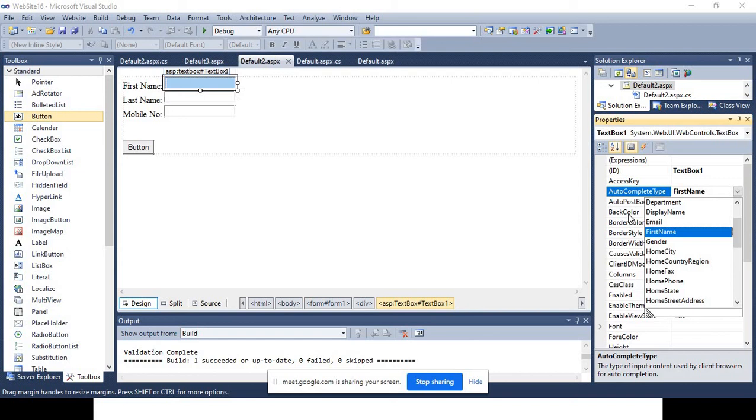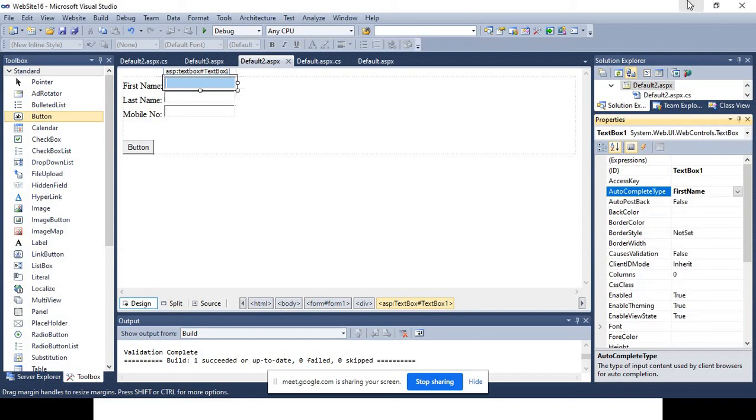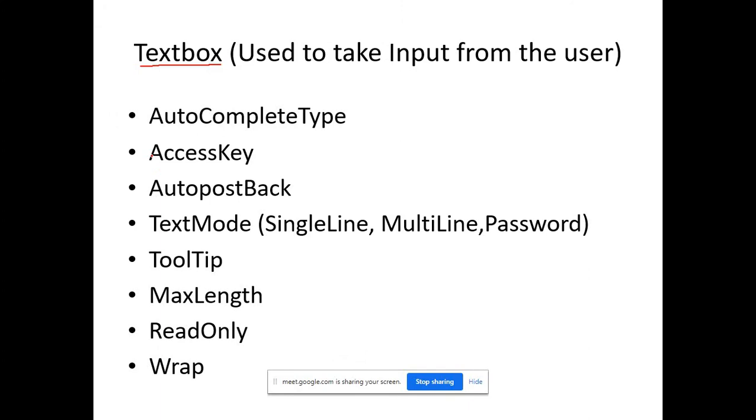Then you go to the second page, and in the second page again the text box should have the same class. Then if you type a first letter, the suggestions will appear in the pop-up window. Okay, fine.